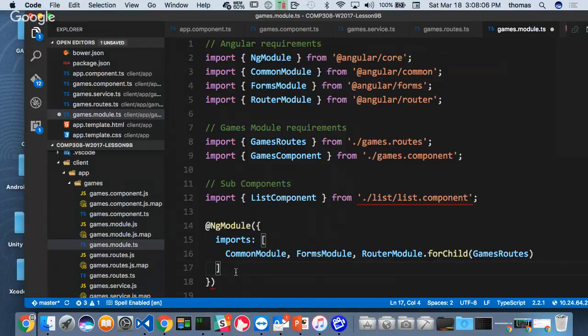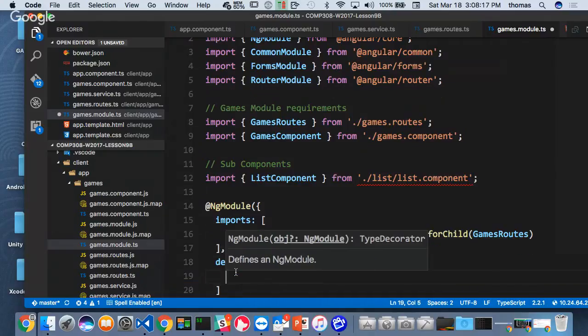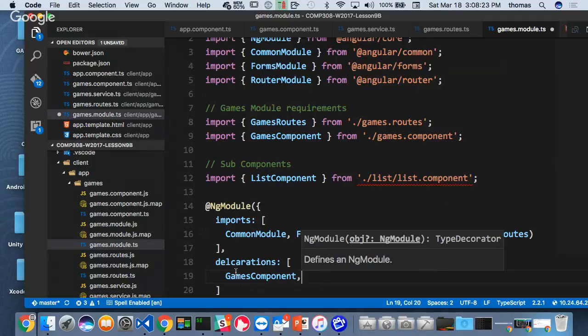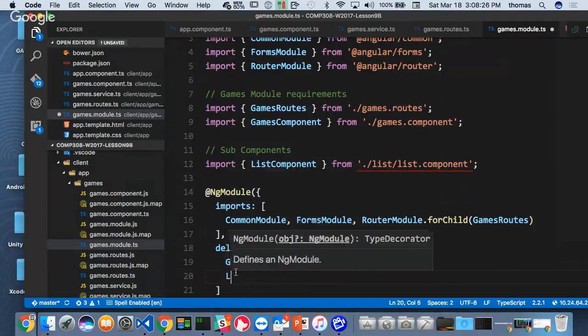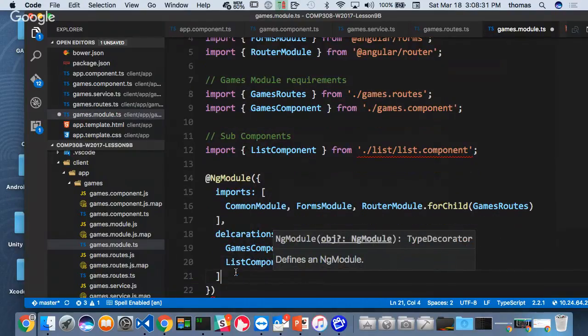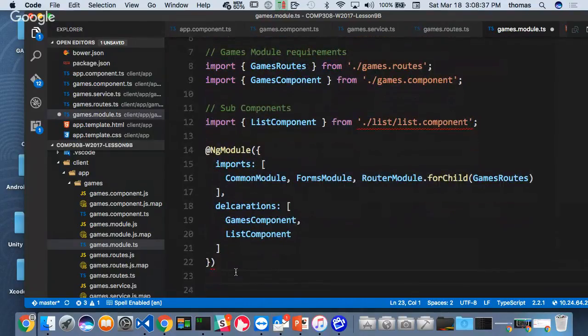So that's our import. Now we're also going to do our declarations. So here's our declarations, where again, in our declarations, we're going to have a games component and our list component. And that's it. And then what we're going to do is export our class called games module. This is not complete,